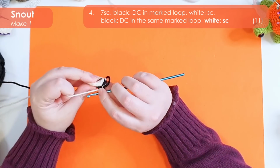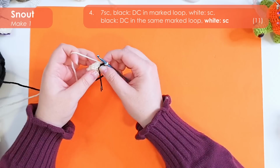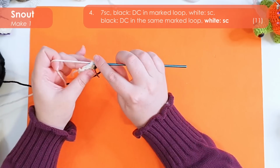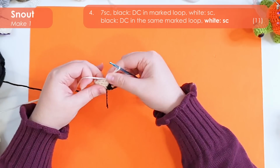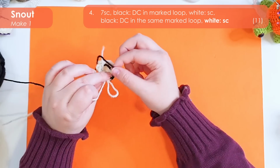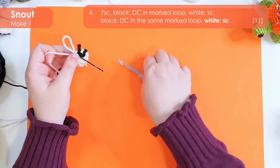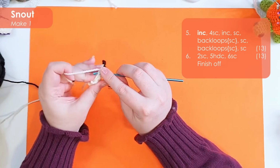Like so. Once again, skipping the next stitch of the round that we would have otherwise worked into. And we're going to work 1 single crochet back to the start of our round. And there we have the nose. Now we are done with the black, but once again, superstition, going to leave it for 1 more round before trimming off. Row 5 starts with an increase,